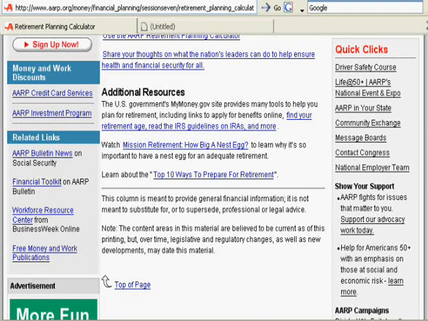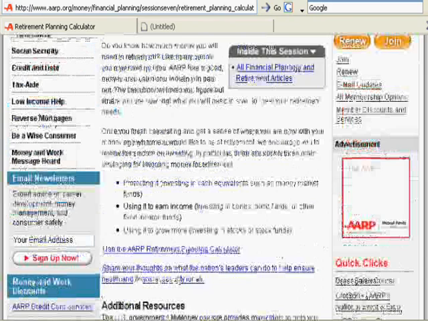they throw out a figure. You need $500, you need $800, or you need $1,000. You need to start saving that much money every single month. Sometimes it's a mystery as to how they came up with that dollar amount. Hopefully this takes a little bit of that confusion away, and you can actually do this yourself if you